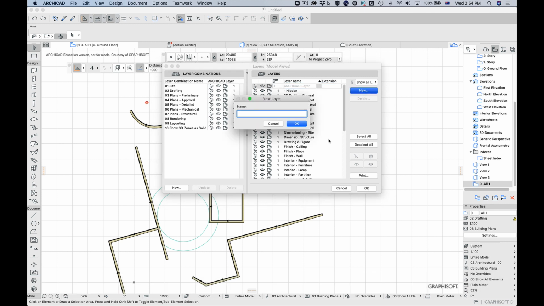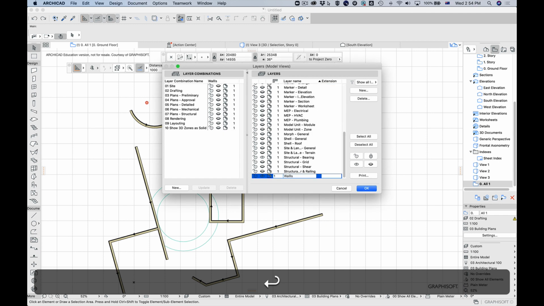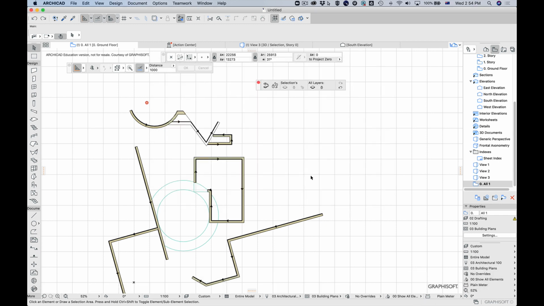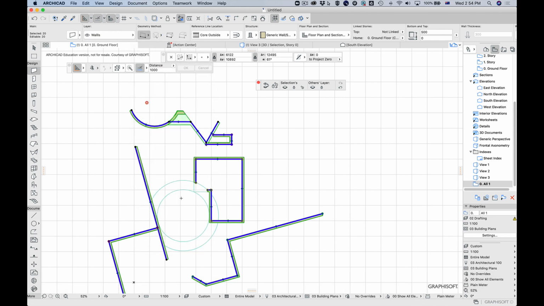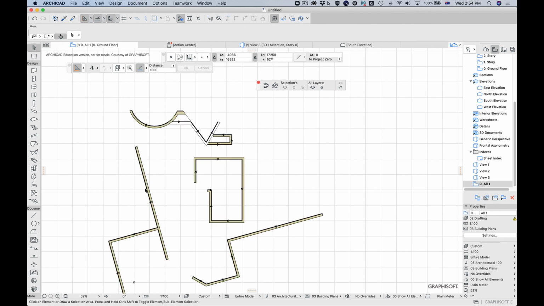So I'm going to create a new layer called walls. Okay. So now if I go walls, select all, I can select that and go walls. Whoa, I've got 3 L's in my walls. Cool, and now I can go hide others. Cool, and everything except for my walls is hidden. Cool. And then what I can do, if I go and save this as a view,